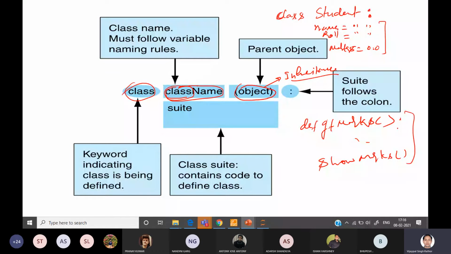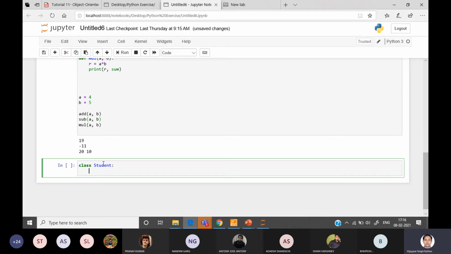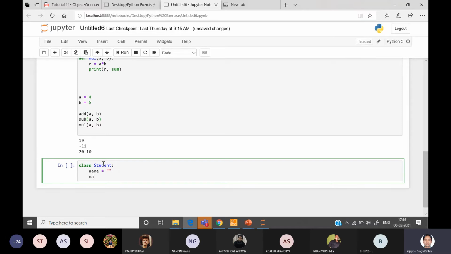Now how we can store values in these members, or how we can use these functions, that we have to see. So I'm showing one example here. If you want to define a class, first of all you have to create the class, then the name of the class, student. Then you have to assign the data members, name, and then I'm taking marks.